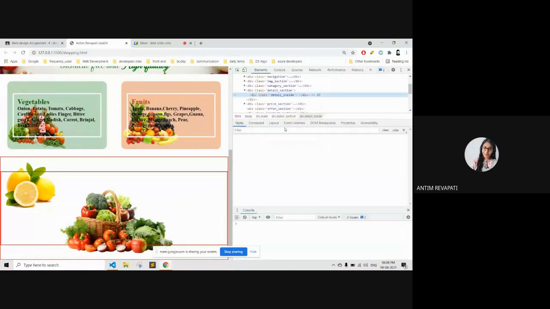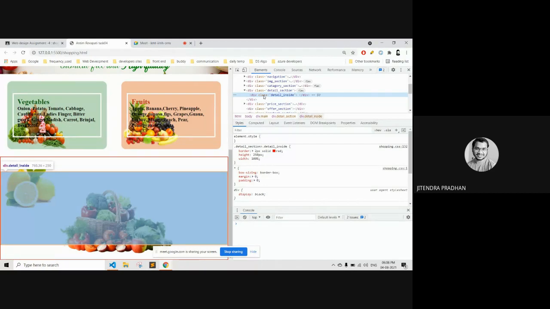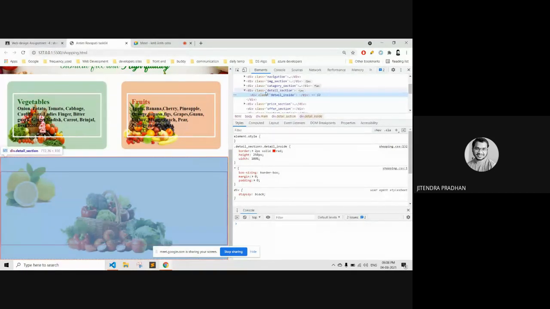Now wait. In that, we open the div class details inside. Class is there, right? Inside that you have to give all the images, whatever images you have written, inside the details. No, no, inside.